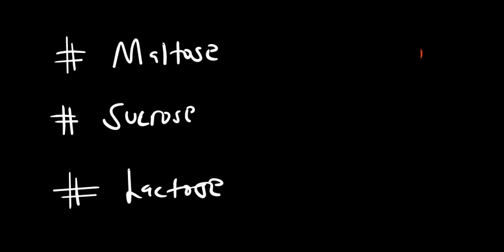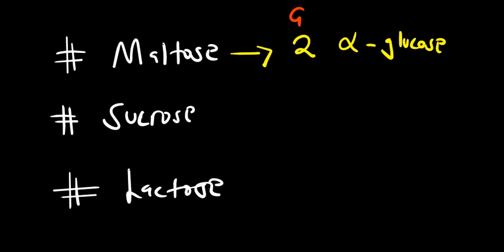sucrose, and lactose. Now maltose, it is made from two glucose molecules. Now these are two alpha glucose molecules. Okay, that is very important. So what this means is that you have glucose plus glucose. Okay, so glucose plus glucose will form maltose. Then on the other hand, sucrose itself,